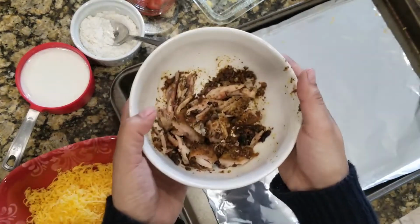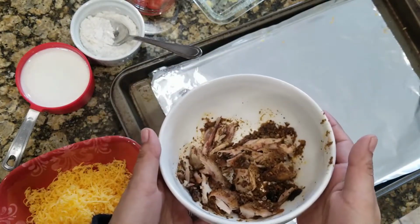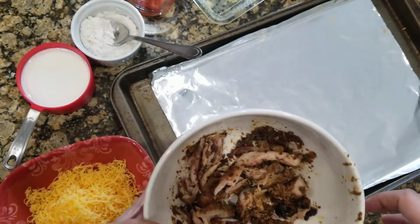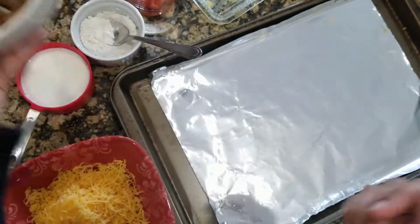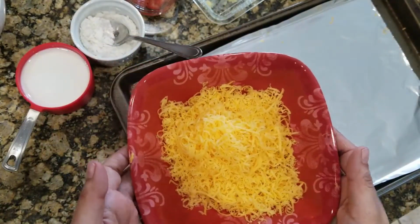You're going to need some chicken. This is just some leftover chicken that I had from a couple days ago. I just went ahead and warmed it up and deboned it. I warmed it because it's easier to debone chicken when it's warm. You are going to need about 1.5 cups of shredded cheddar,